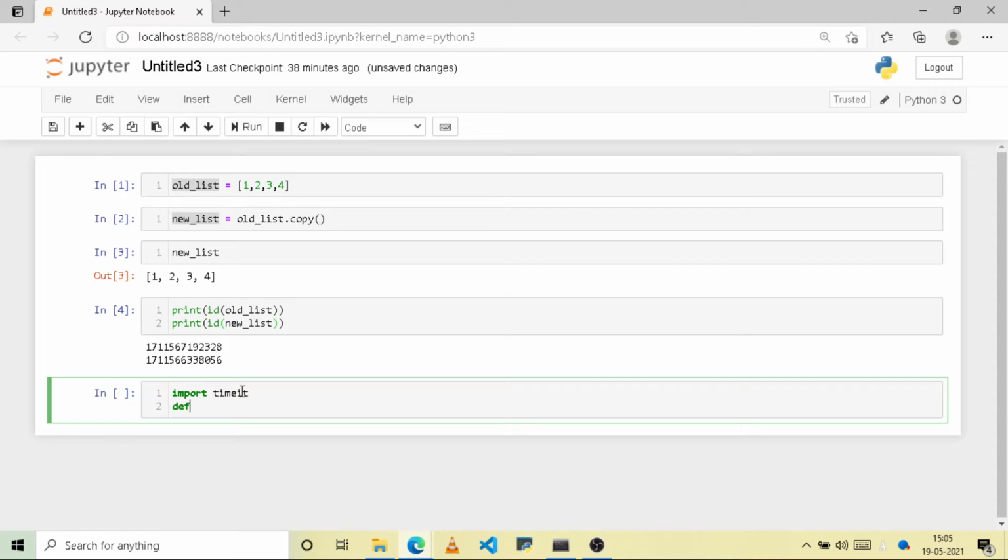Let us create a function and write the same code under this function.